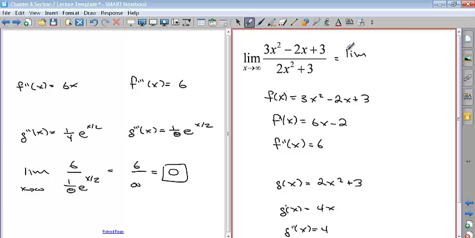So I just take the limit as x goes to infinity of 6 divided by 4, and because x is not in either of those two terms, it's going to be 6/4, which is 3/2, which is the same as taking the ratio of the leading coefficients. Okay,